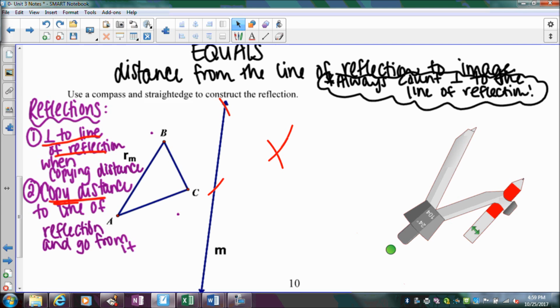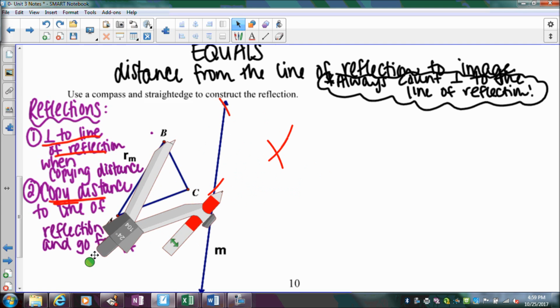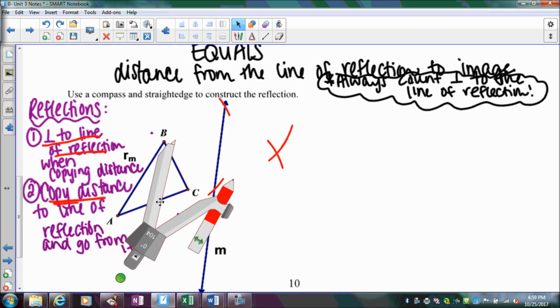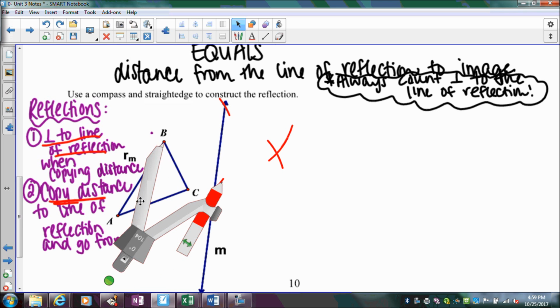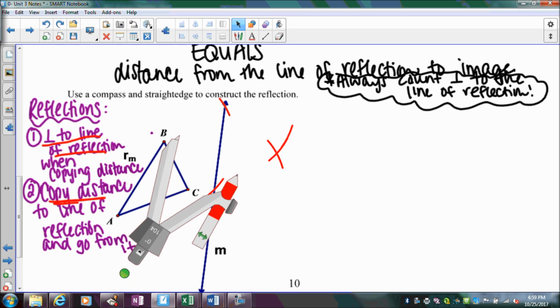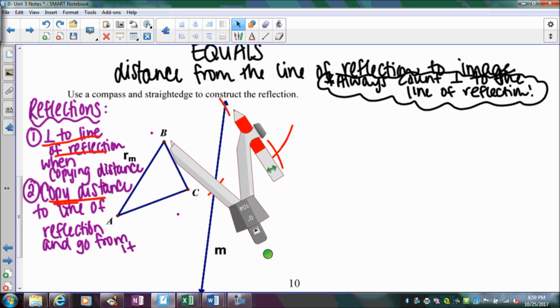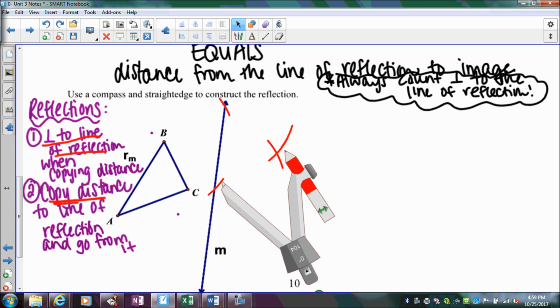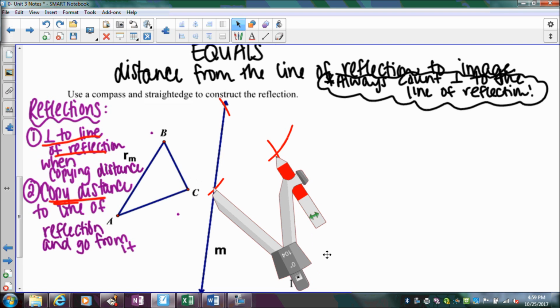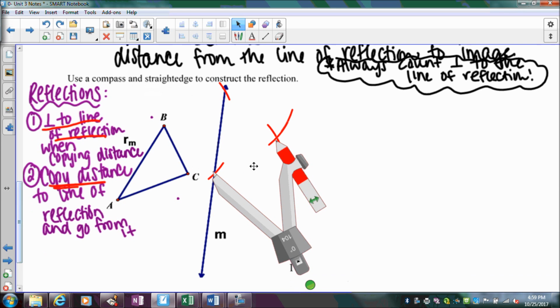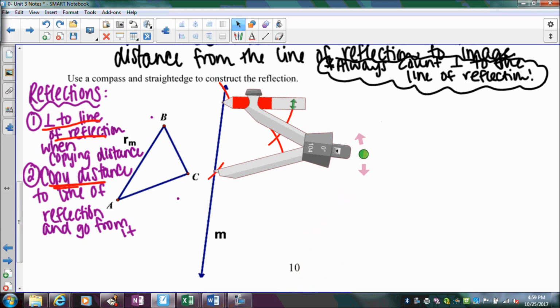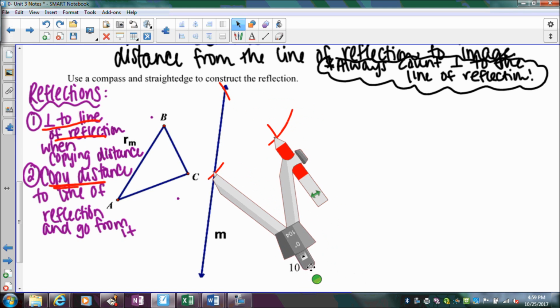But the way that I constructed this, I made that distance the same. So what I did was I kept my compass the same. And then once I got my intersection points, notice I never adjusted it and went more than halfway. I just used that same length. So since I used that same length that I measured to get to B, what I've done is I've actually